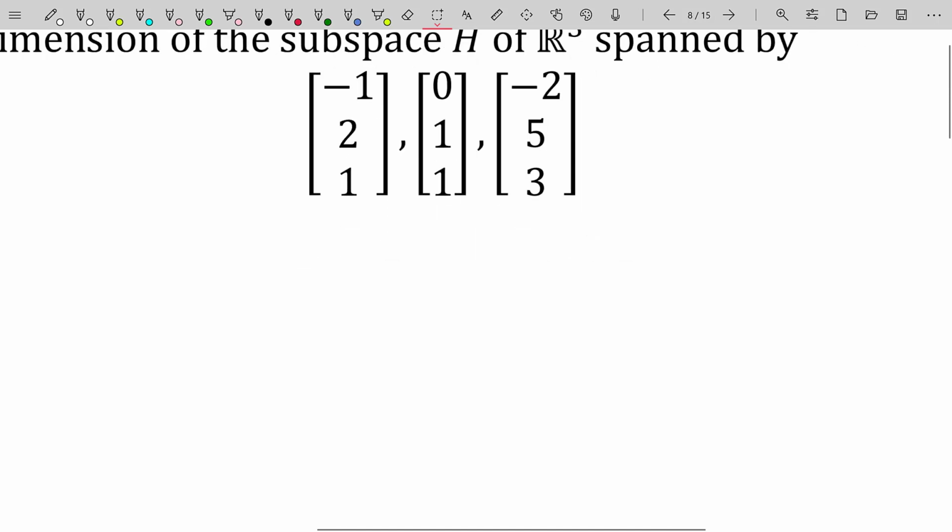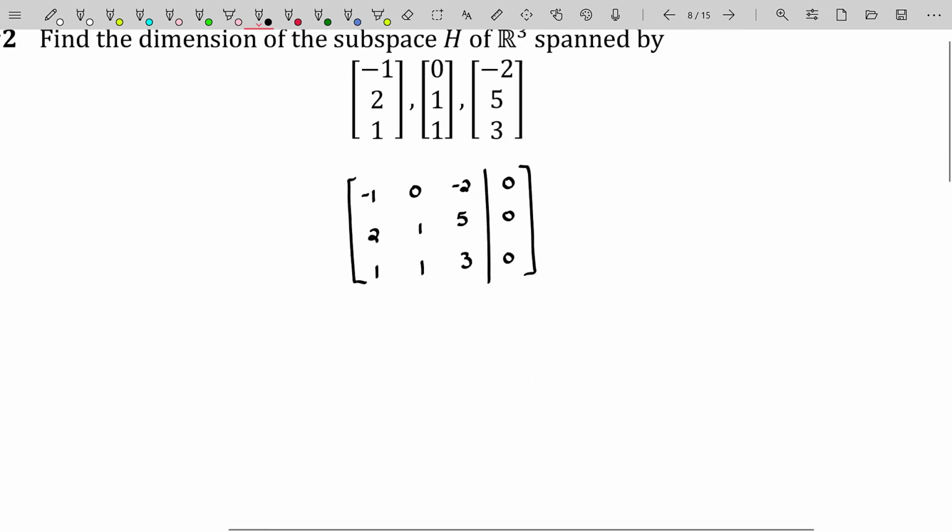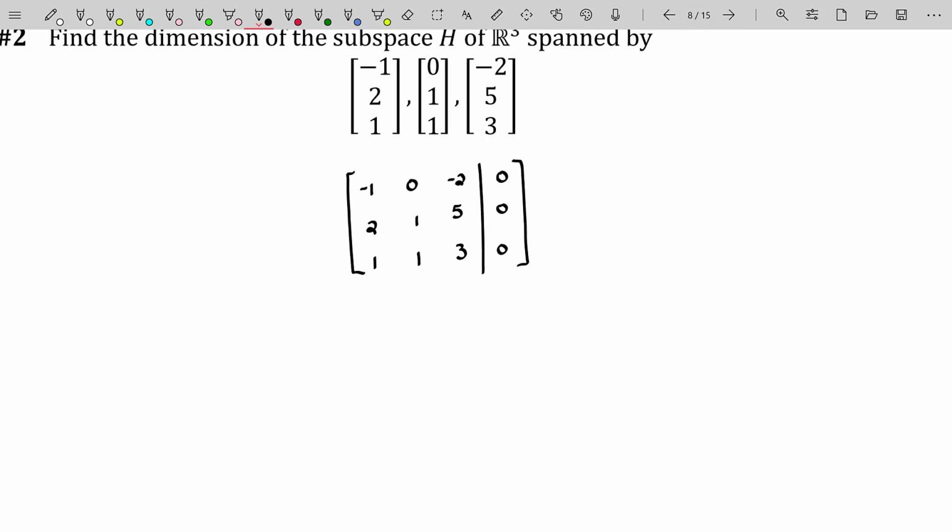You could, technically, put these in a matrix, augment it with the 0 vector, and then find out if you have a free variable. And if you do, then you know that this set of 3 vectors is linearly dependent, and you can remove one of them by the spanning set theorem to arrive at yet another candidate for a linearly independent set that spans H. Another way to showcase that these vectors form a linearly dependent set, or a linearly independent set if they do,